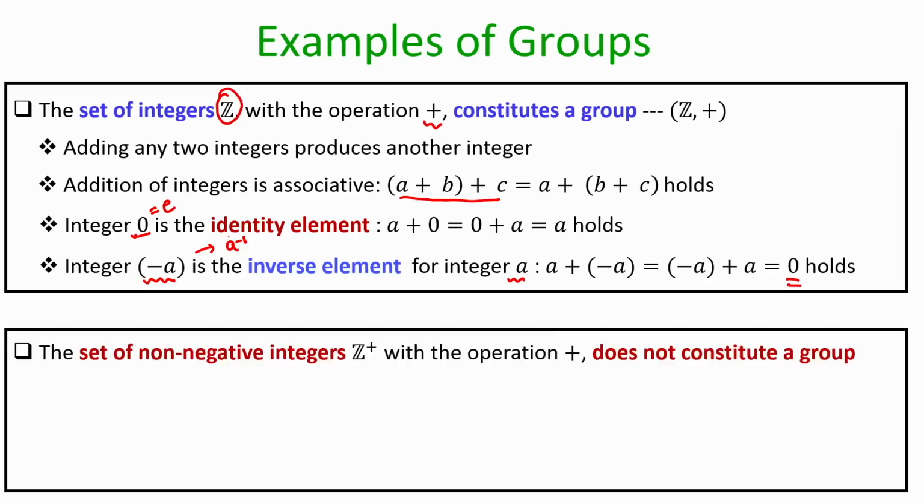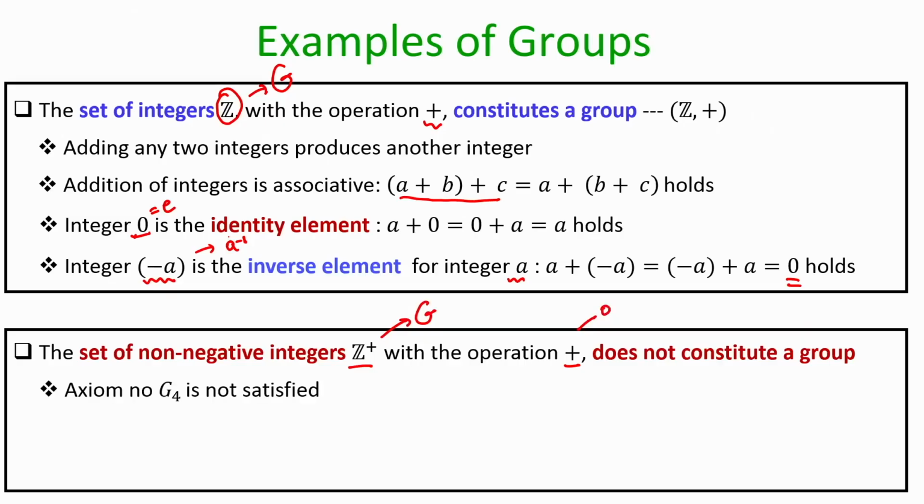Okay. Now, let us change the set. Here the set G was my set of integers. Now, I am changing my set G to the set of only non-negative integers, that means I am not including 0 and I am not including negative integers. I am talking only about positive integers, and my operation is still the same, namely plus. Now, it is easy to see that this G along with my plus operation, the operation O, does not constitute a group.